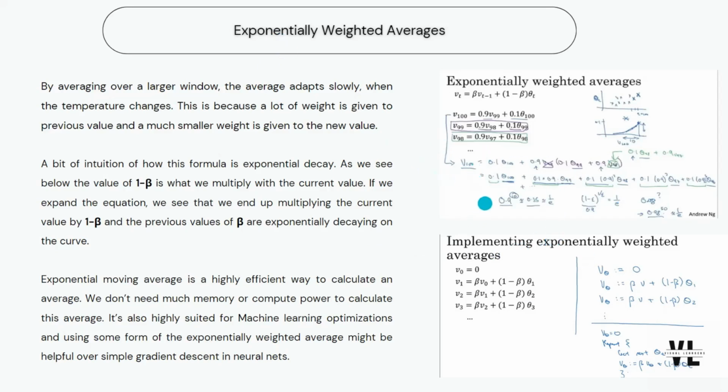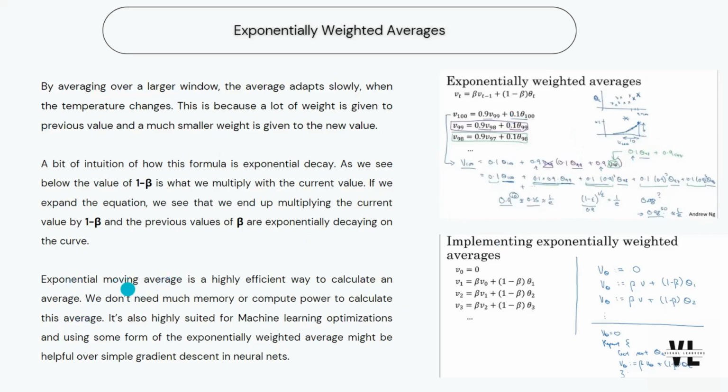And when 0.9 reaches the power of 10, it's basically 0.35, which is 1 over e. And 1 over e is the same as 1 minus epsilon to the power of 1 over epsilon. So basically what this is saying is that beta is going to decay over time, and exponentially